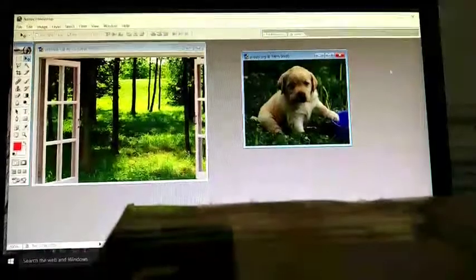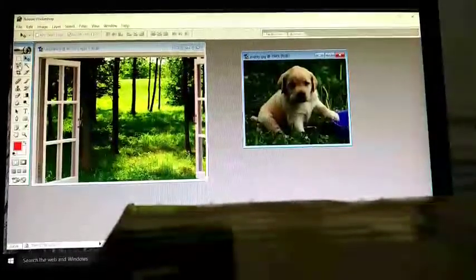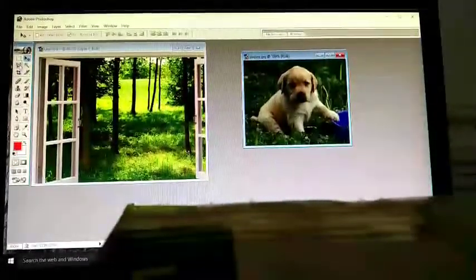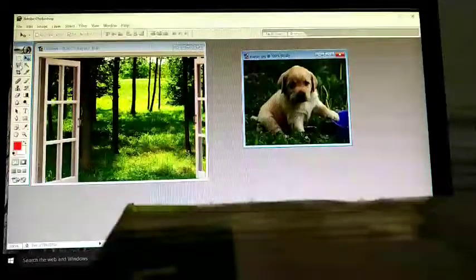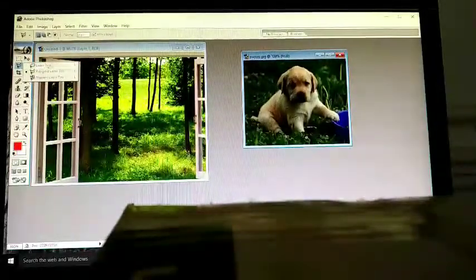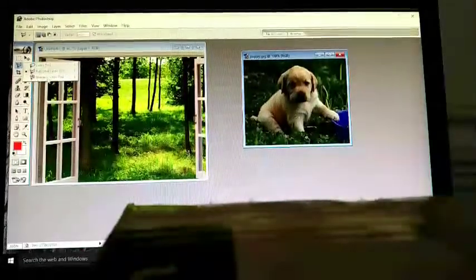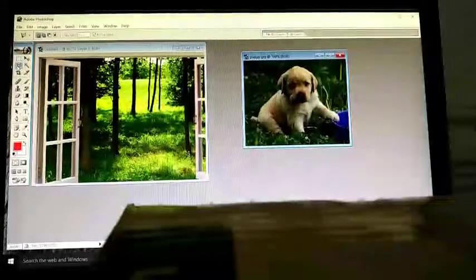Next you are going to study about lasso tools. It is also a type of selection tool. In the toolbar, here is the position of lasso tools. In this, three types of lasso tools are there: the normal lasso tool, then polygonal lasso tool, and a magnetic lasso tool. What is this lasso tool?